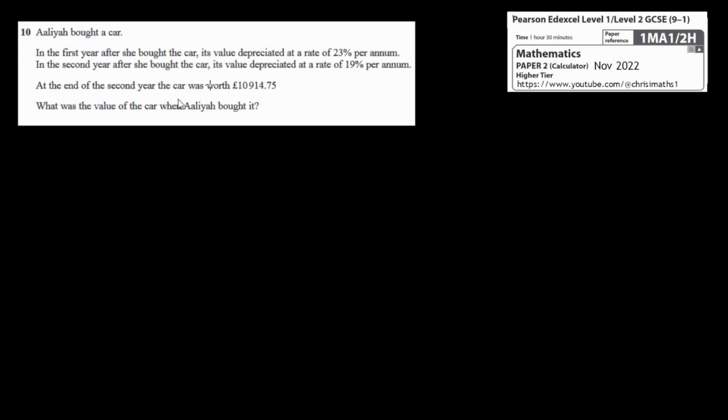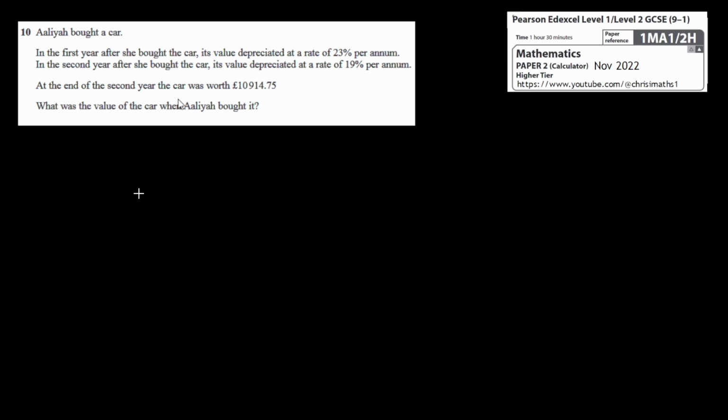Rather oddly, we've been given another compound interest problem in question 10, this time with depreciating factors. Year 1, year 2, but we're not told the initial amount. Instead, we've been told the final amount after the second year of depreciation. So we've got to set up an equation using the 23% down on year 1 and the 19% down on year 2 to end up with